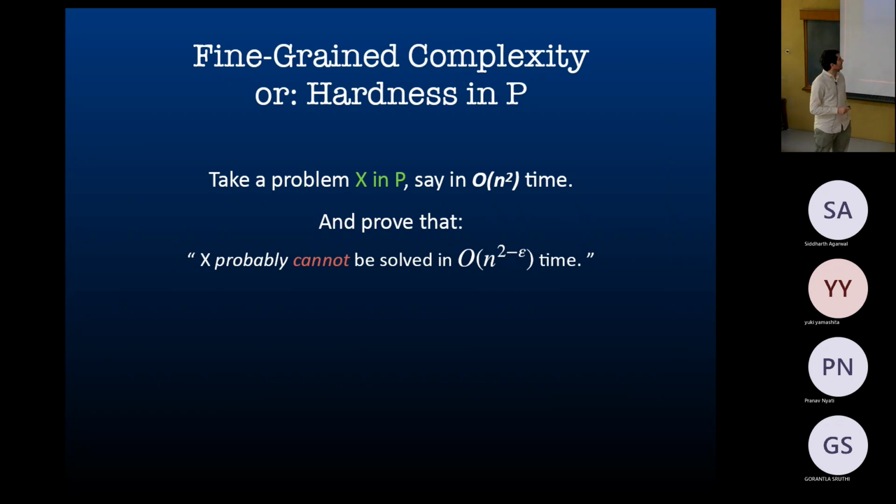Nice. So anyway, this is what we want to do. We want to prove that even if we have some polynomial time algorithm, we want to see if it can be improved. The goal of this complexity theory is to prove negative results, to show the limits. So take a problem that, let's say, can be solved in n squared time, and give formal evidence that it probably cannot be solved faster. There's probably no n to the 2 minus epsilon time algorithm. For any epsilon, you cannot do it, like you can't do n to the 1.999 time.